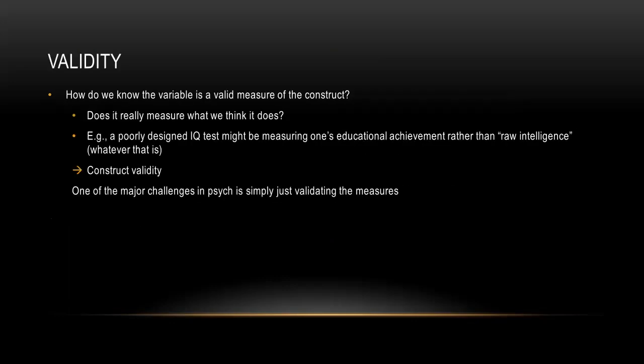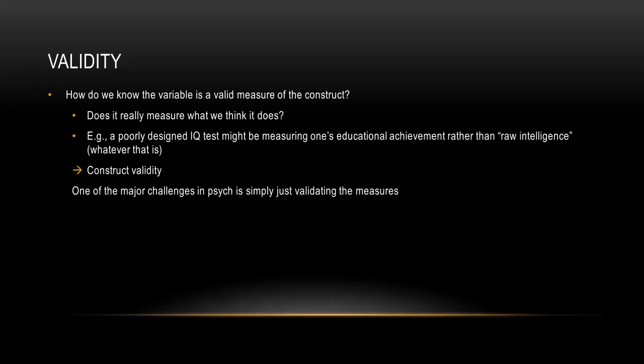So when we're getting at these kinds of questions, when we say that we are trying to study these constructs like intelligence and personality and memory and emotion and whatnot, we're trying to come up with a good variable as a way of measuring it. And what we're concerned about here is what we call the validity of the measure. Validity is a question related to whether or not this variable measures what we're actually trying to measure. Does my IQ test actually measure someone's intelligence, or does it measure something else, right?